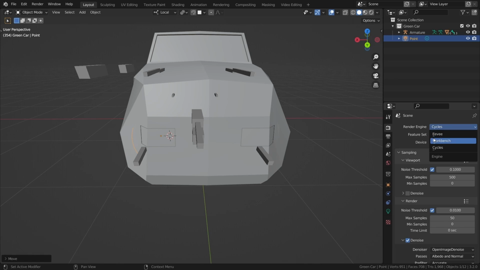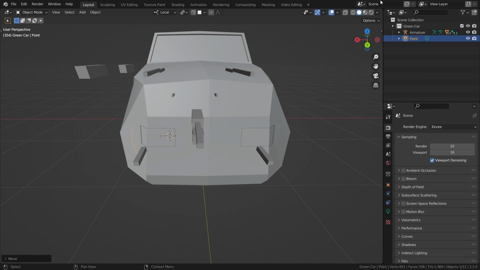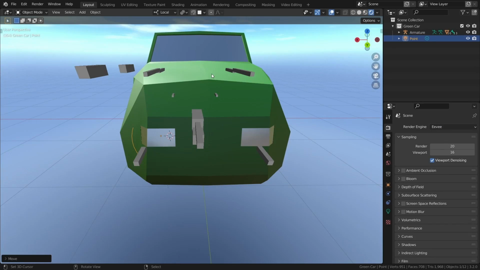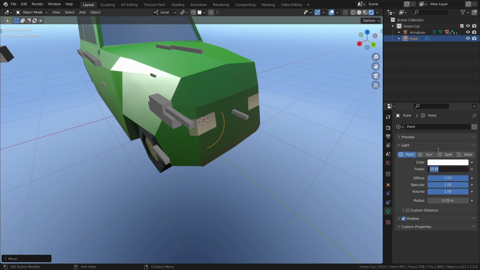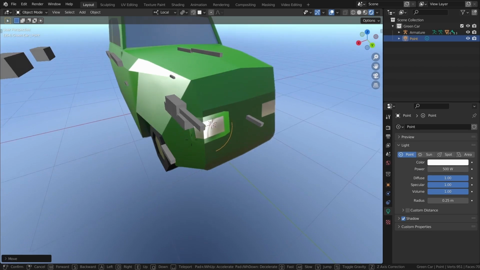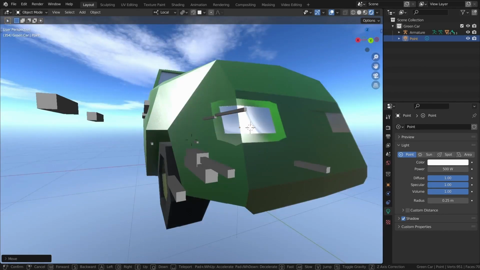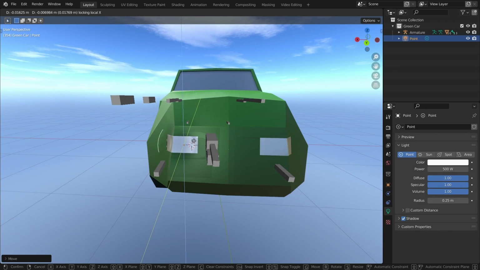This is where we go into EEVEE, no, not workbench. We go into EEVEE so we can see things. Let's start turning on all this stuff. And let's turn up the brightness to, I've done 500 the past few times, so we're gonna stick with 500. Is it good? I don't know, all you EEVEE masters out there, you're gonna have to let me know. I don't know what I'm doing, but it's just to show that it's kind of working a little bit. Yeah, so that's the headlight